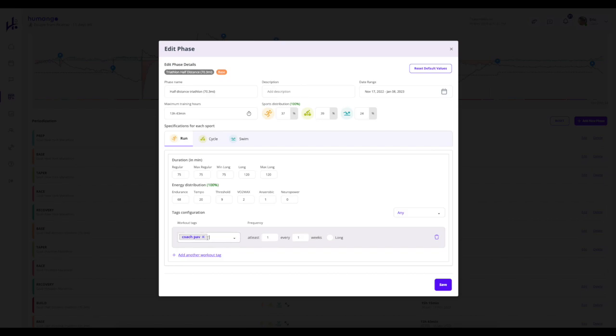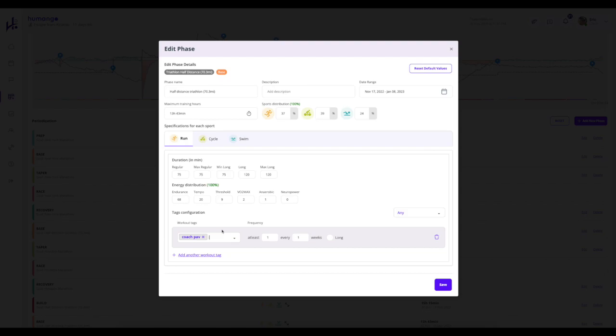So essentially, in this circumstance, you would get 1 workout every week that had the tag Coach Pav. So if you've only got 1 workout with that tag in your own workout library, that's the workouts that you've created, you will get that workout every week.